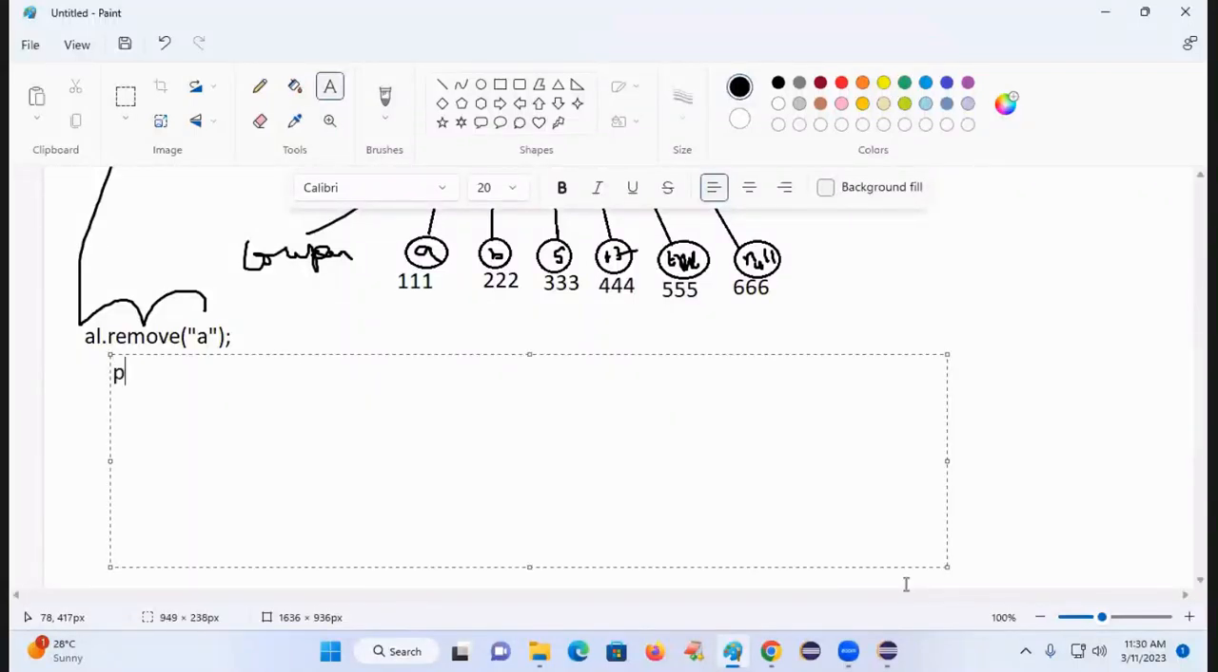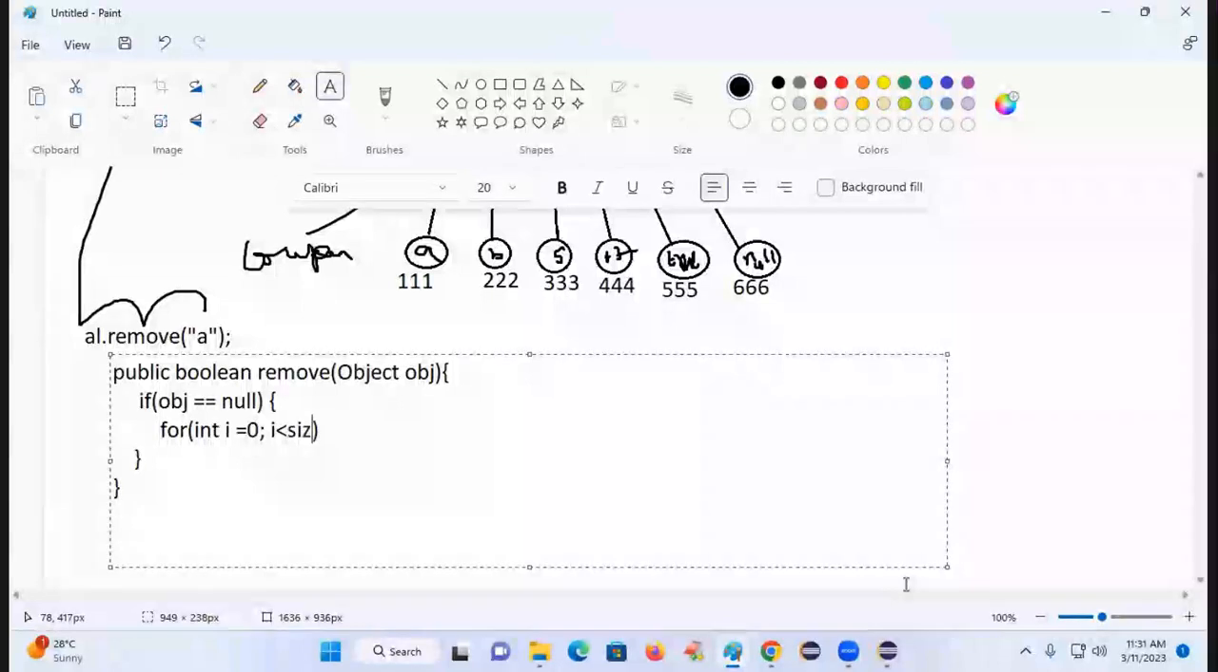So public boolean remove(Object obj), inside this if obj equal to null, for int i equal to 0, i less than size. Where am I writing this code? Inside our custom collection, directly in our collection class. So I should not use the size method, I should use the variable size. i plus plus, open bracket, if